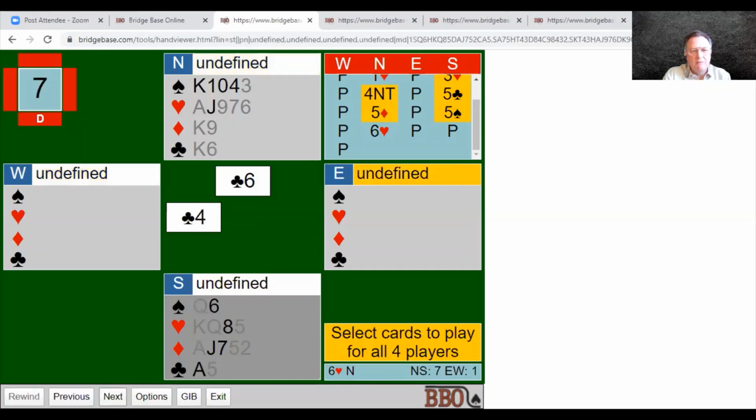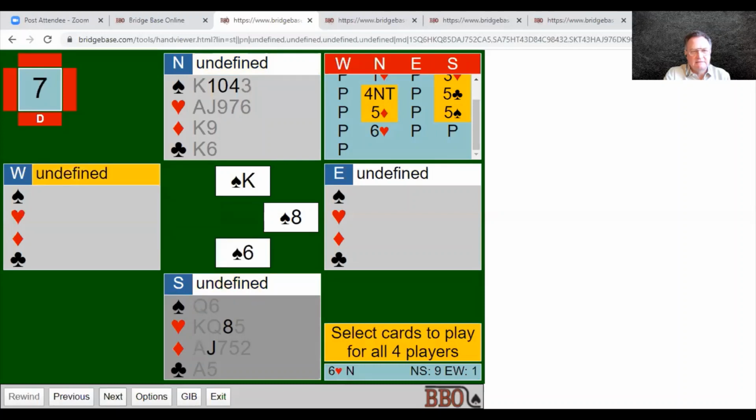They now play a club, taking out dummy's ace of clubs entry. And now you see I've still got this trump. I've got 2 diamonds. If I trump 1 more diamond in my hand, the jack of diamonds becomes a winner. I now play the king of spades. Trump the last spade in dummy, and the jack of diamonds becomes our